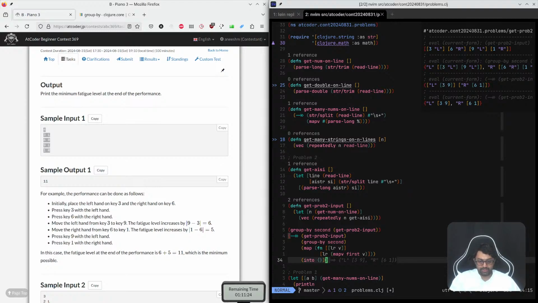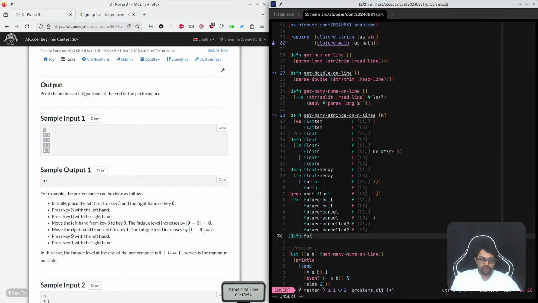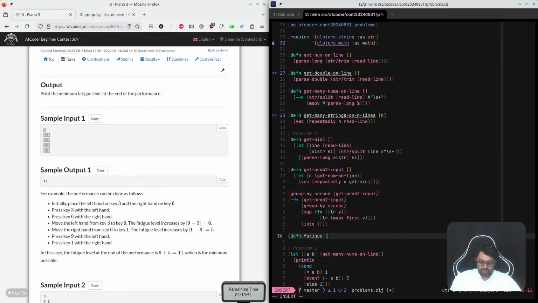Okay, this does that. Now, I just want to know fatigue. Some given vector of band positions, right? Then it'll be